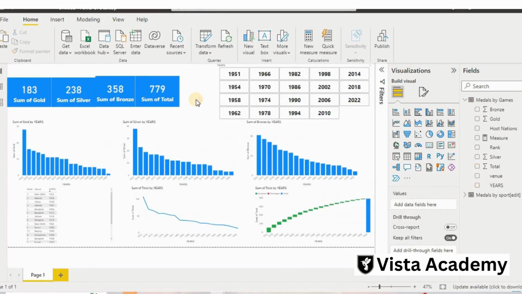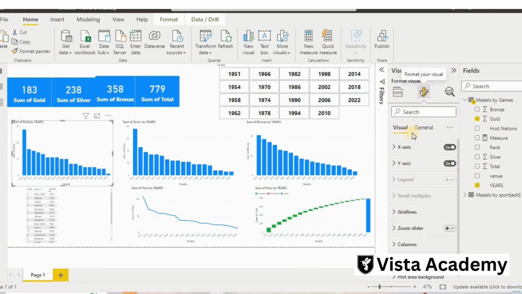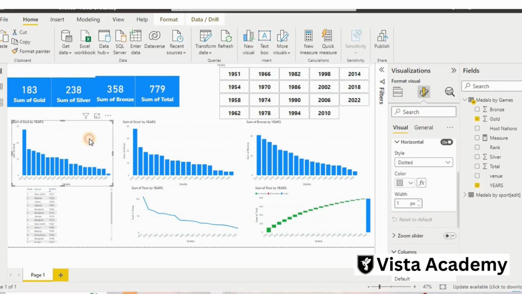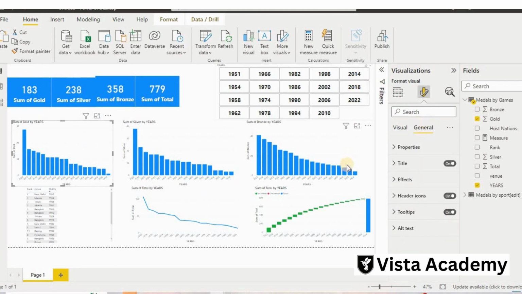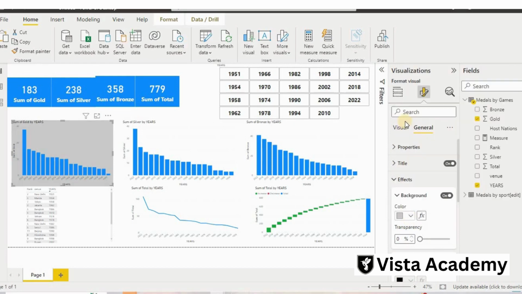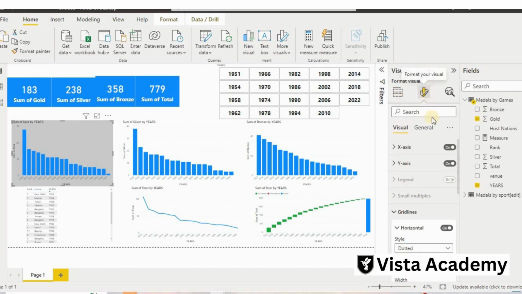Now we can do more formatting. If I click over this and go there, in columns it's okay, grid lines is okay, but I want to give it some color also. Under effects, I will take this background color, I think it will go good. And I will increase its size also.